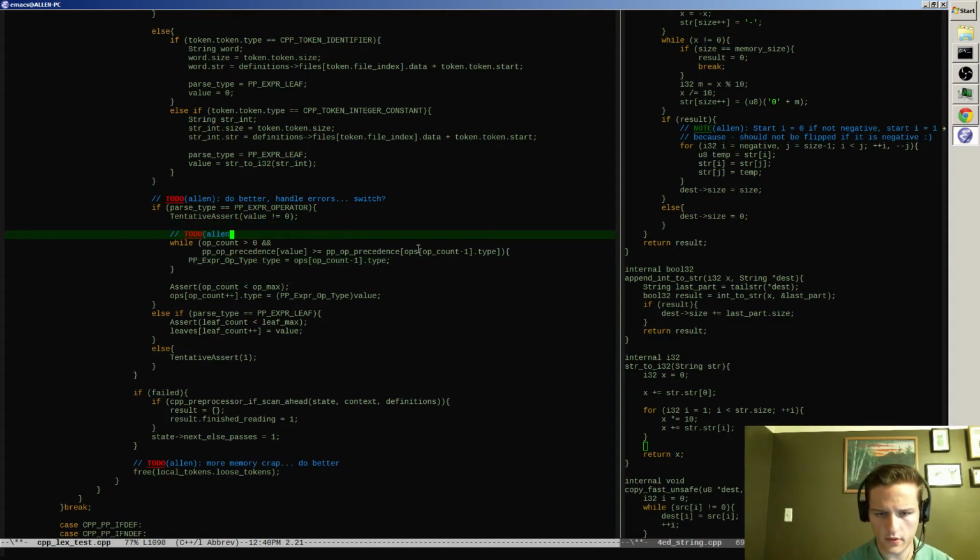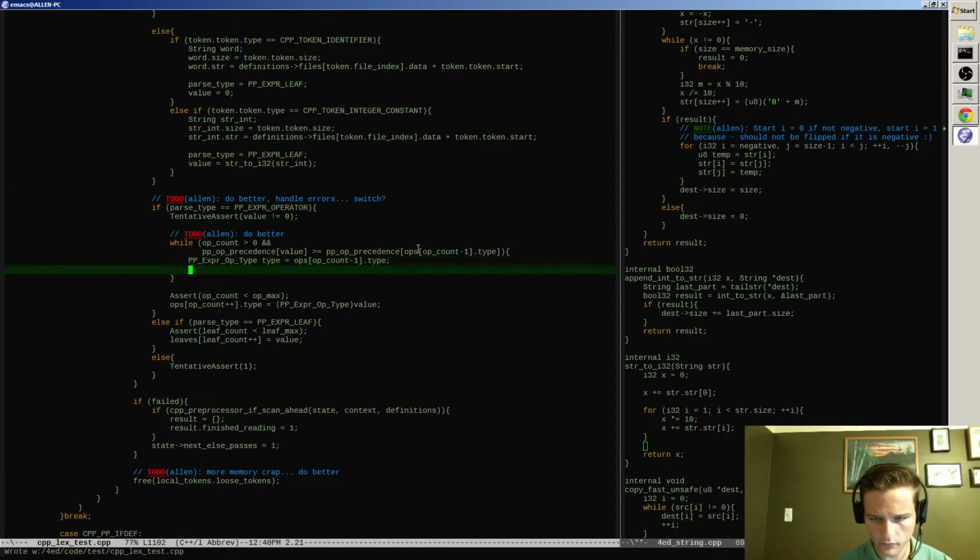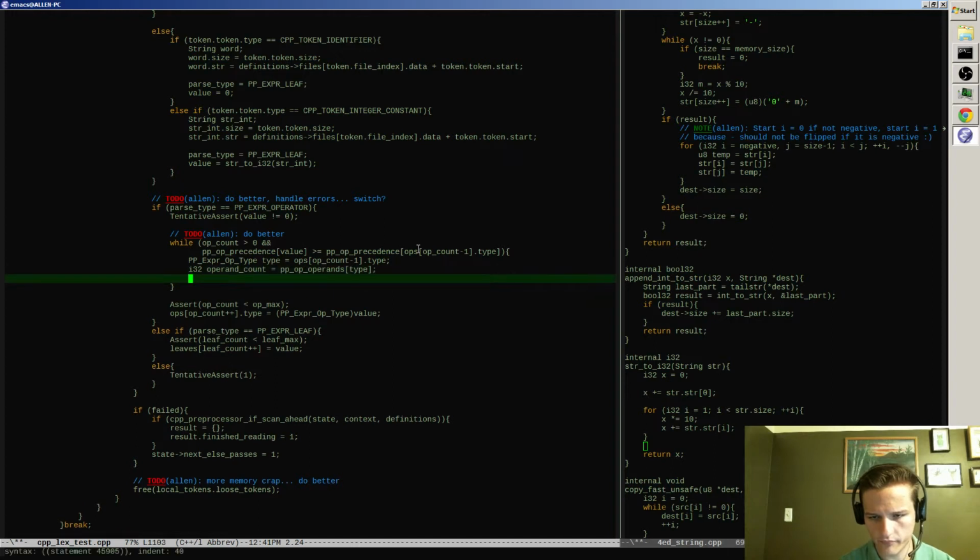Okay, so that's a little bit of redundancy. And then what I want to do is say we need to know the operand count. Yep, operand count, which will be PP operands of the type. And then what you do is you take that many off of the other stack, and I want to assert that there actually are that many on the stack